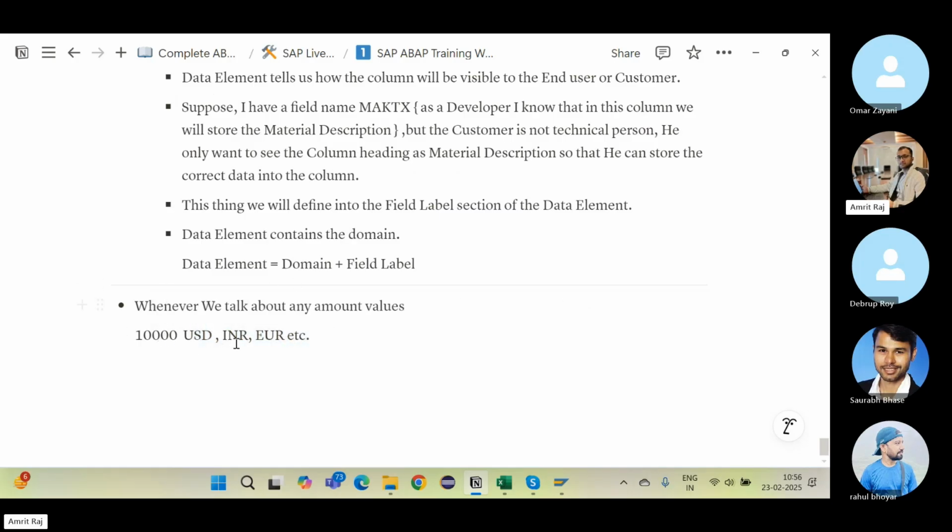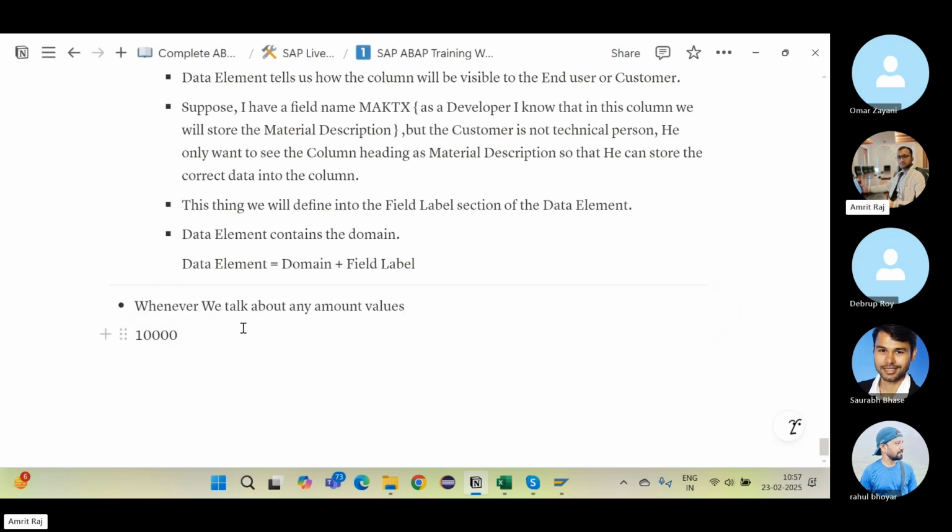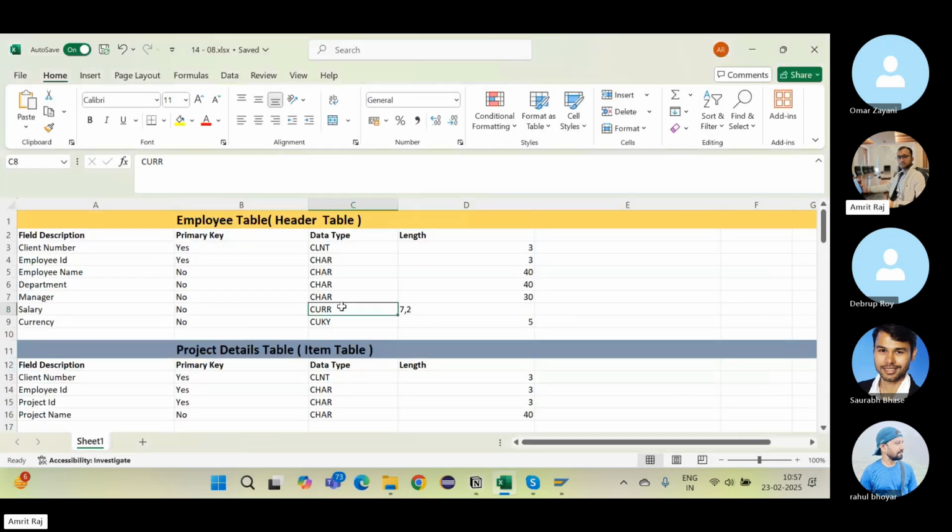So SAP's column is all about this also. If I only store 10,000, 50,000 or 20,000 there, SAP will not understand what currency you are talking about. That is why you will always see that if there is currency, there will be a unit of that data also. So here you see, this is currency CURR, where we will actually store our amount values,